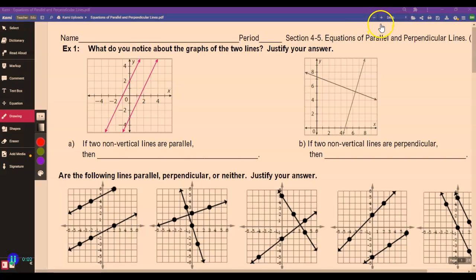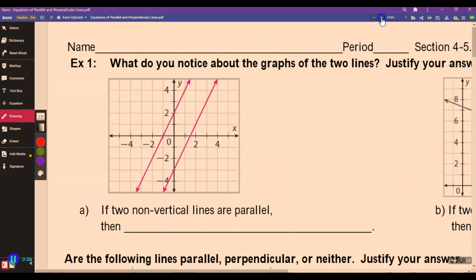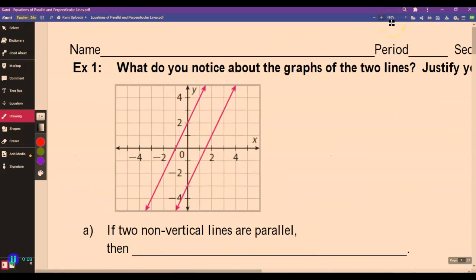Looking at parallel and perpendicular lines. Parallel lines are important just because they don't intersect. We studied parallelograms a lot before I actually left. But if we're talking about two cars going the same speed, that means they'll never run into each other, which could be a good thing, right? So that's the first thing about parallel lines, is that they don't run into each other because they're moving at